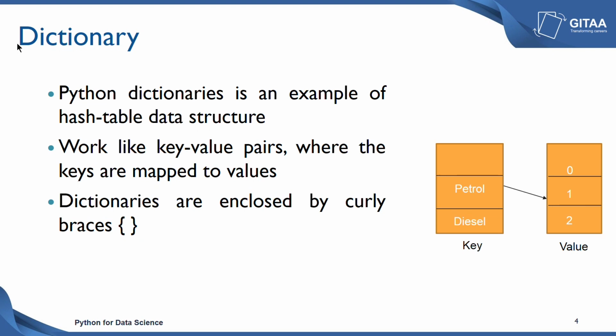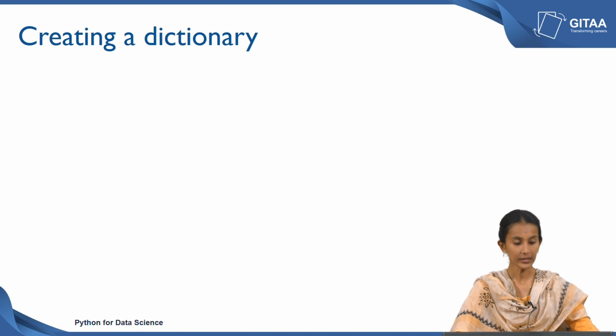Let us look at this example. We have petrol and diesel, which are the fuel type categories. I have some values on the right-hand side: zeros, ones and 2. If I wanted to assign a value to petrol, these are called the keys and these are called the values. So, you can assign a value of 1 to petrol and a value of 2 to diesel. We will see how to create a dictionary.